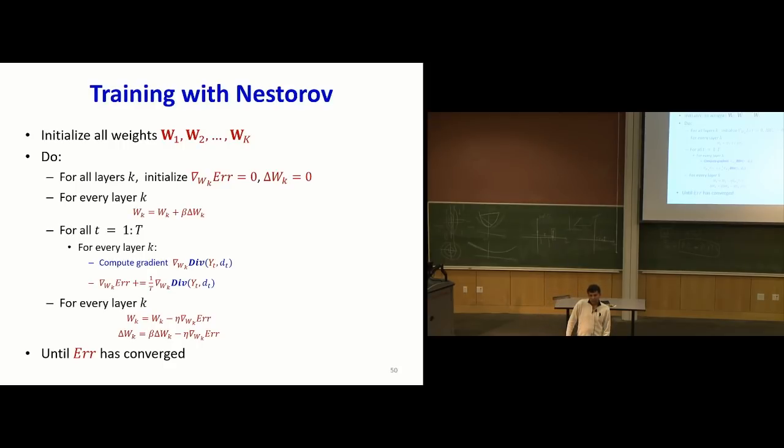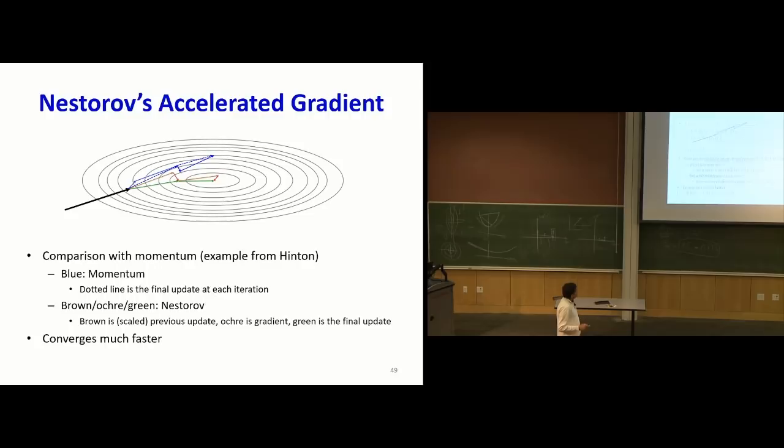I'm not convinced here, like why it would be faster as compared to. So there are 2 answers to this. One is mathematically you can show that it is. That was Nesterov's paper, right? But intuitively, what happens is if I take a gradient at the current point, the gradient is sort of going